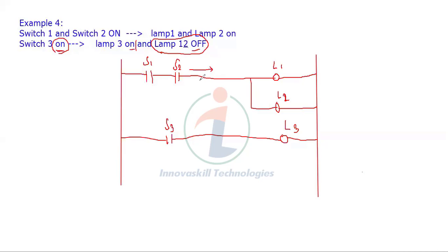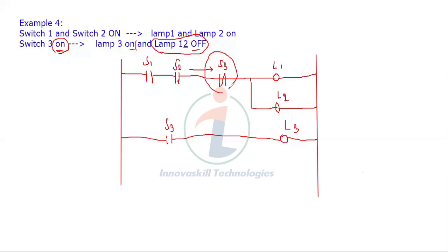So what I have to do? Here only the supply is flowing. In this I have to use switch 3 as NC. So what will happen when switch 3 is activated? This will close, but the same switch 3 I am using here as NC, so this will get opened. If this is opened, what will happen? The supply which is given by S1 and S2 cannot pass to L1 and L2. Since the supply cannot pass to L1 and L2, they will be deactivated.